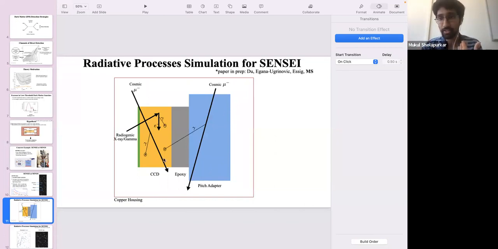So even in this simulation, for example, we are exactly taking into account all the things that you said. The cosmic muon flux, for example, we know at a particular depth what the flux is, so we are using exactly that many cosmic muons. We even know the distribution of orientation, so we know at what angles these muons are going through. And then in this simulation, once a cosmic muon enters, it has a particular starting energy, and then we know the